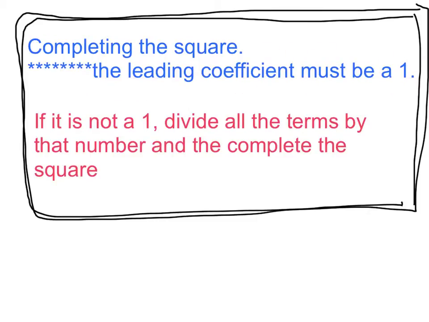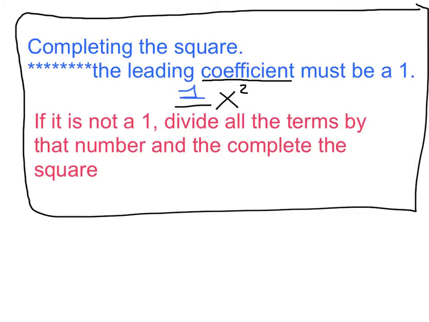Alright, now what the heck do I mean by that? Well, the number in front of the x squared, okay, that's called a coefficient. Alright, that's just a fancy word for number in front. The number in front of x squared must be the number 1. Well, what do you do if it's not? Here's the rule. If it's not a 1, divide all the terms by that number and complete the square. So if you haven't got that in your notebook yet, pause it, write it down, and we'll go through an